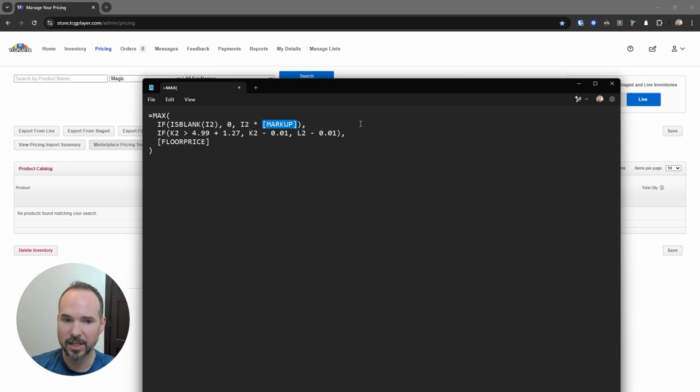So let's say today we want to list things 10% over market. We're just going to put 1.1 because we're going to multiply our market price times 1.1, which will put it 10% over market. And then the second one is for